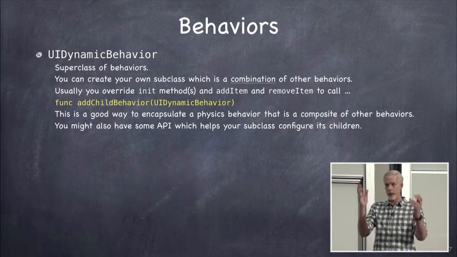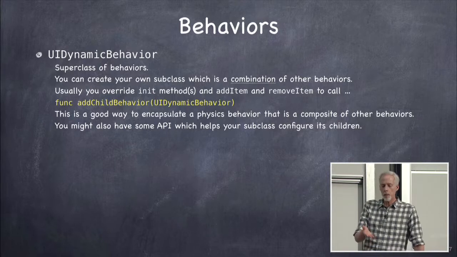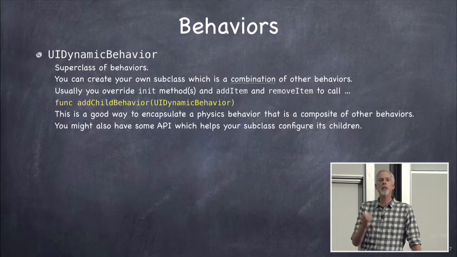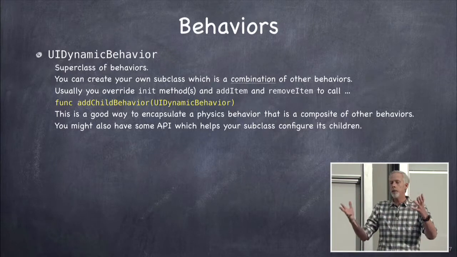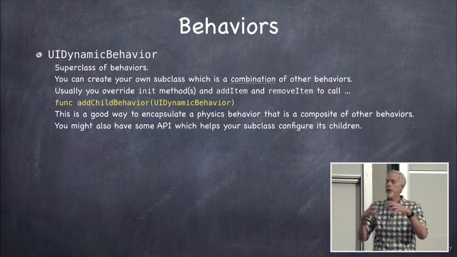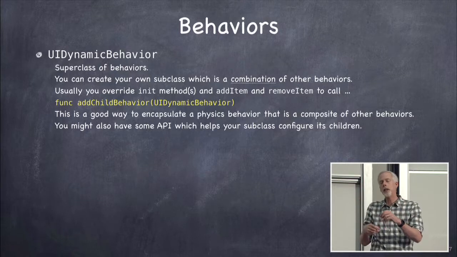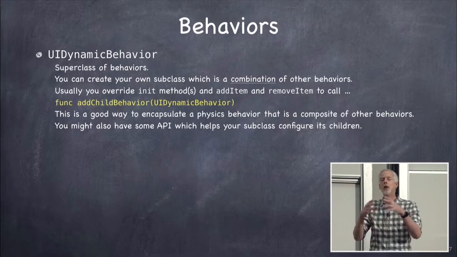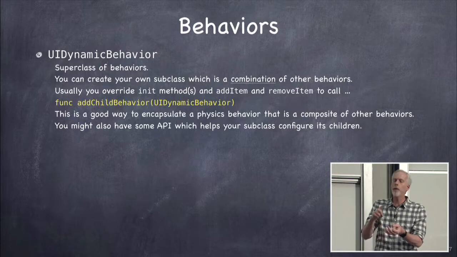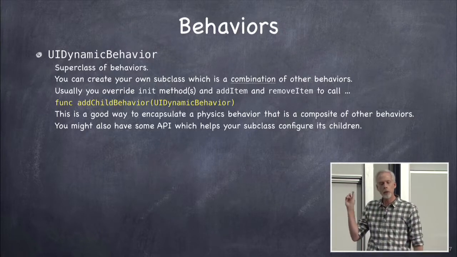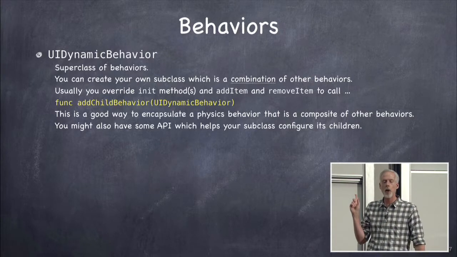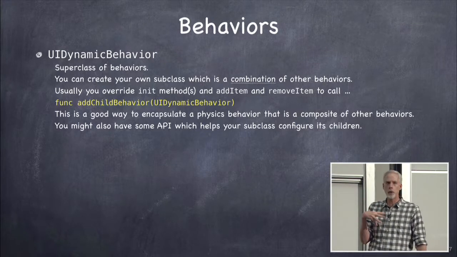And the answer is, you're right, it's way too complicated. So your subclasses of UIDynamicBehavior are going to be composites of other dynamic behaviors. If you had some space where there are boundaries and gravity is applying to things and they have a certain friction and elasticity, you would combine a gravity behavior, a collision behavior, and a UIDynamicItemBehavior into your subclass of UIDynamicBehavior. The way you combine them is with this very important method in UIDynamicBehavior called addChildBehavior. That means composite this behavior into my behavior.